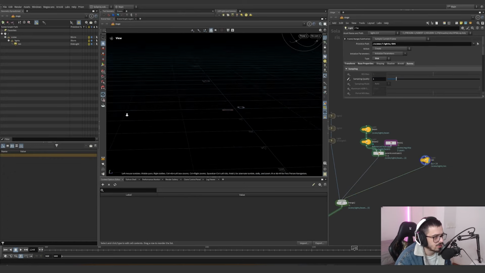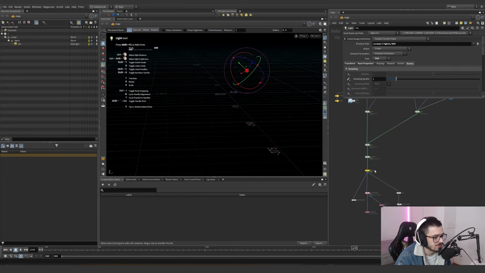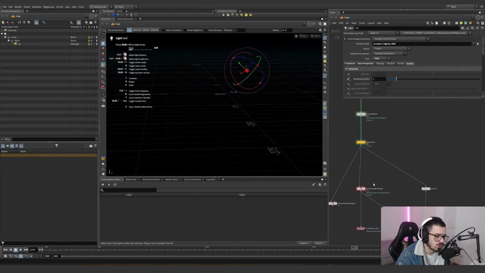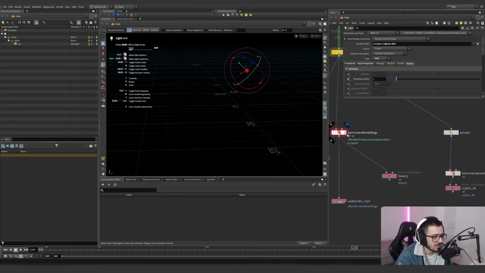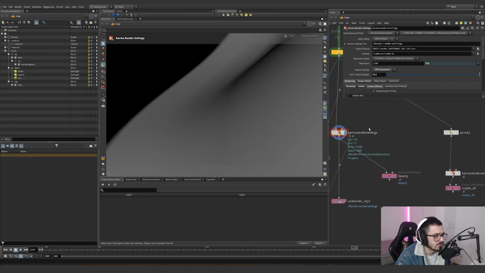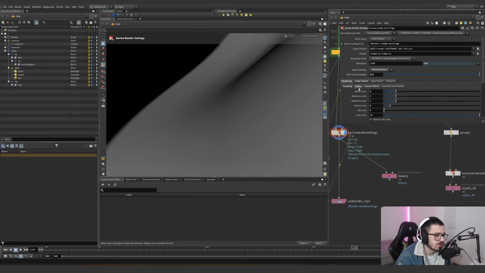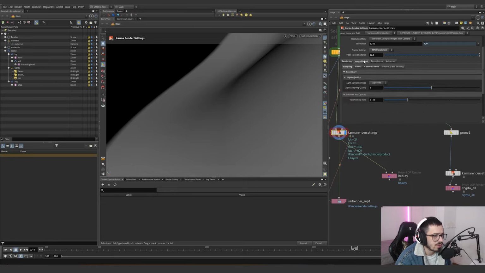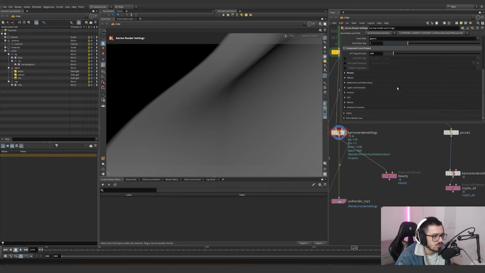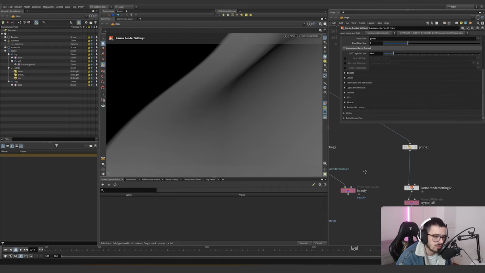And there is a rim light. It is just a backlight, which is linked as shown before. You will see I have this Karma render with all of these settings. It's just for the resolution, the path trace, the limits, the sampling. I showed this before. But you see I'm not using any type of utility because I decided to do it